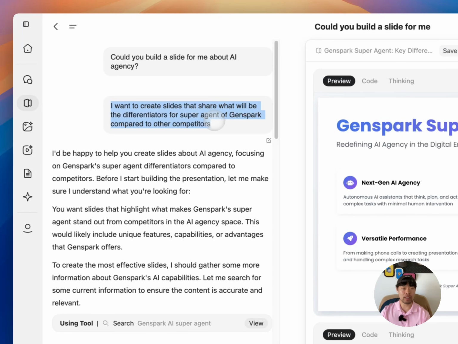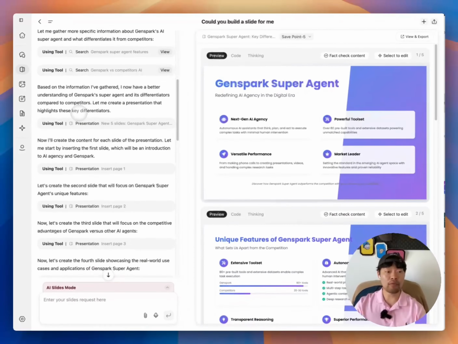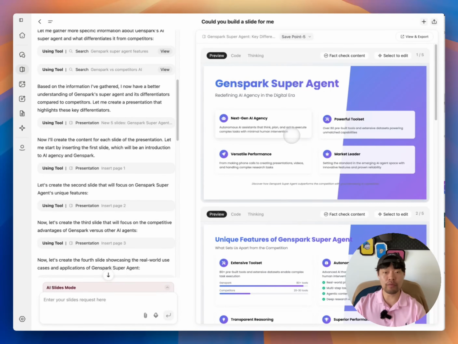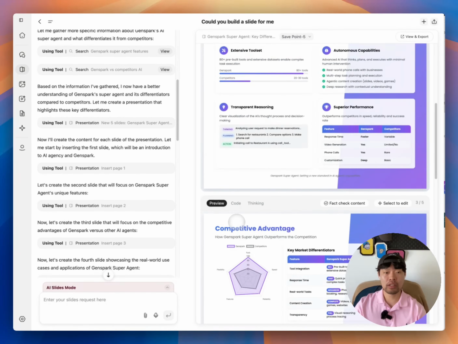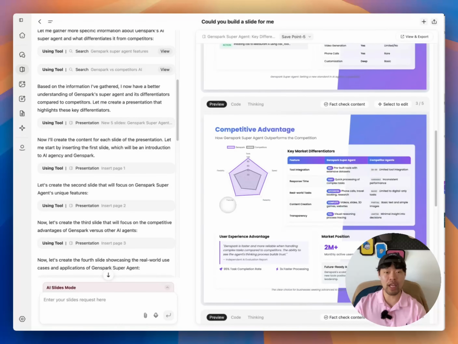I want to create slides that share what will be differentiators for Super Agent of Genspark compared to other competitors. And within a few minutes, it creates beautiful slides for me, like this: Genspark Super Agent and unique features, transparent reasoning, and competitive advantages.